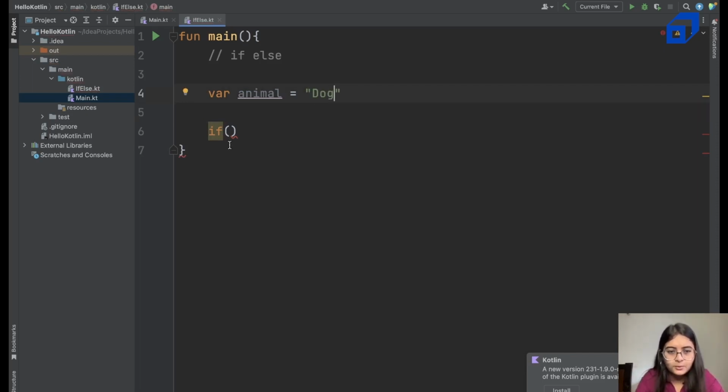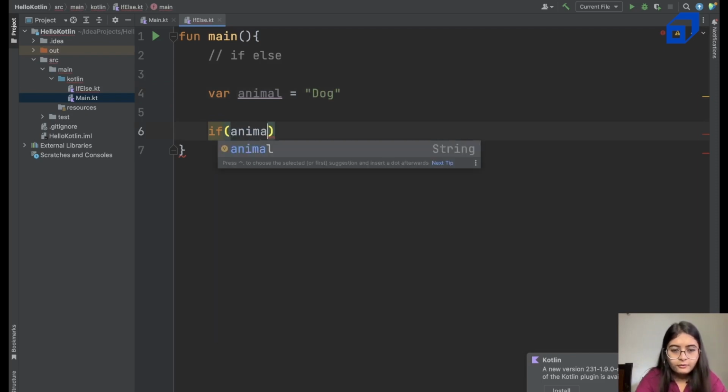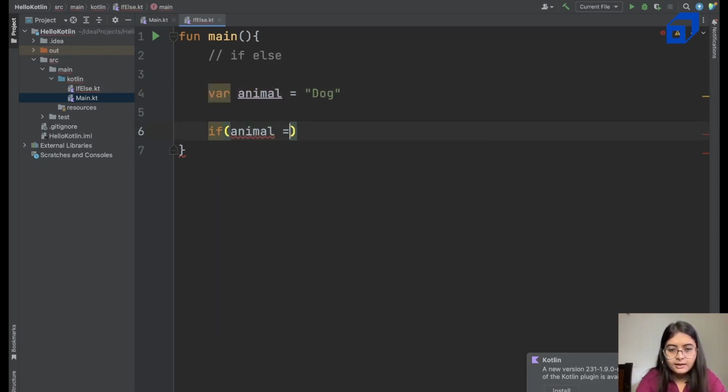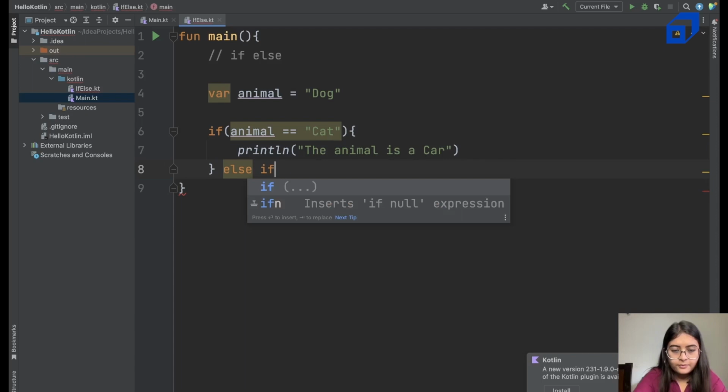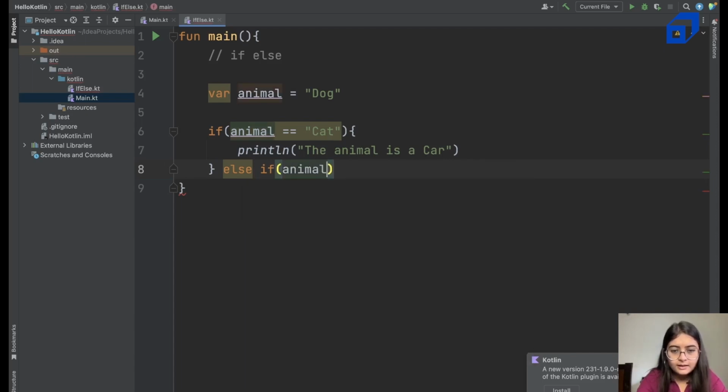So I can check if animal is equal to, let's say, cat, then we can print the animal is a cat. Else if animal is